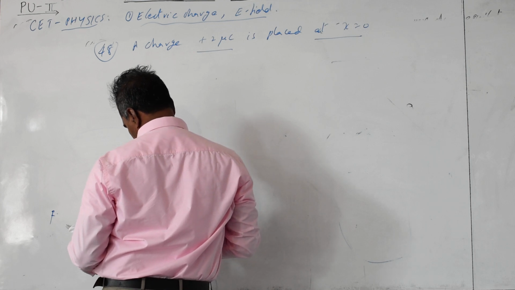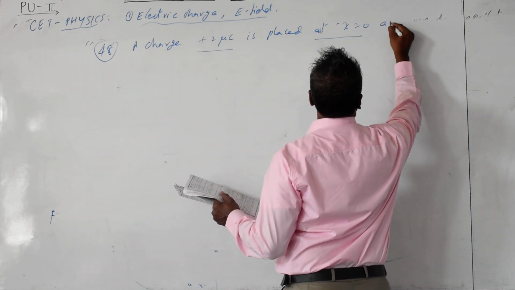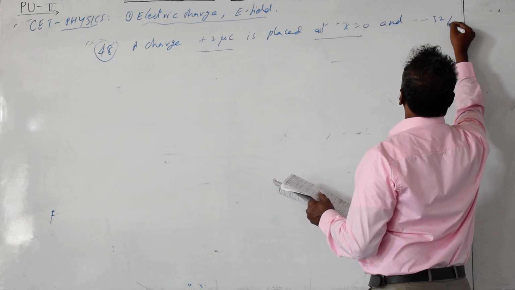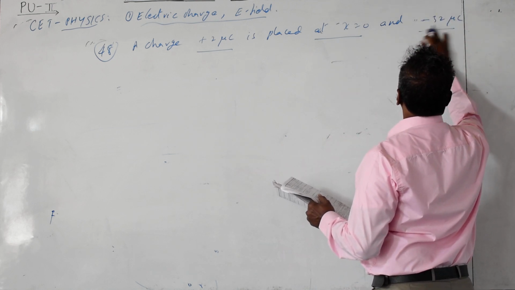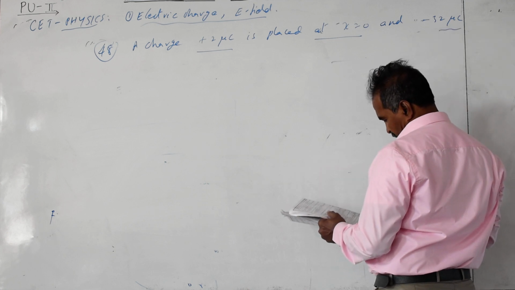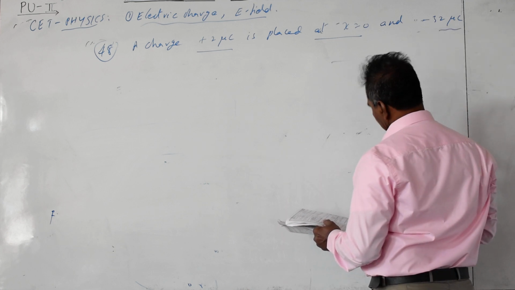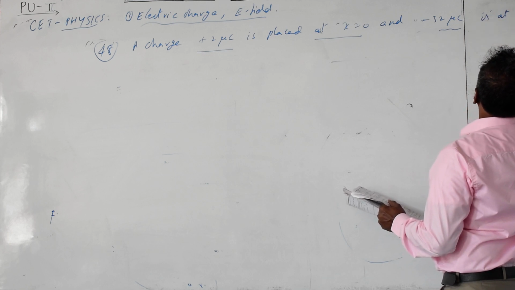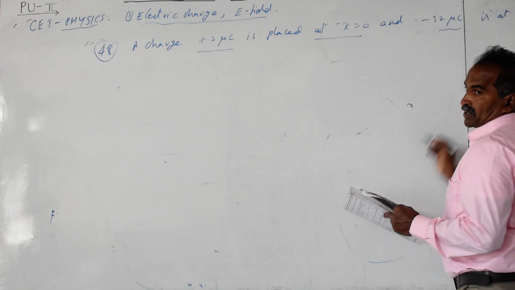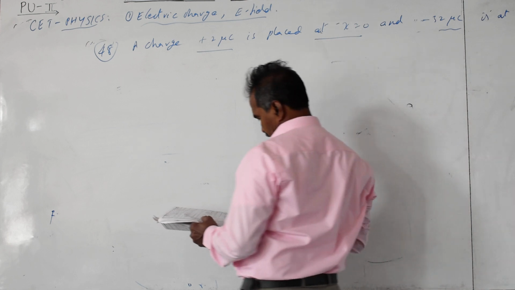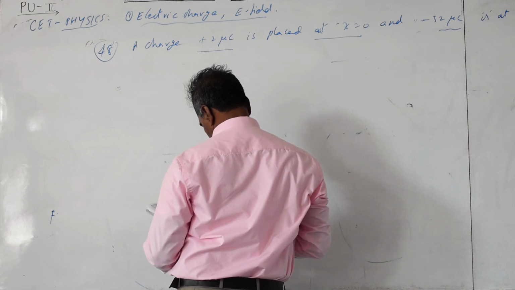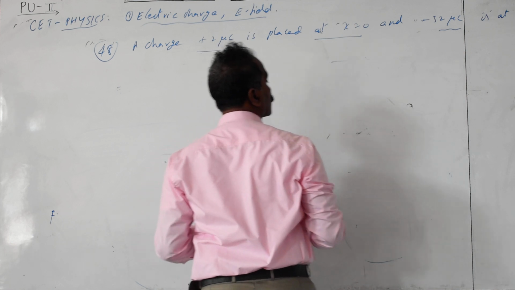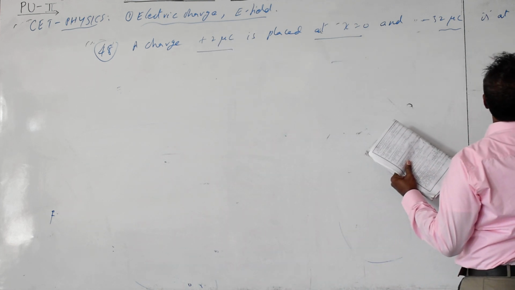And a charge minus 32 microcoulomb is at x equal to 60 centimeters. A third charge minus 2 microcoulomb is to be placed